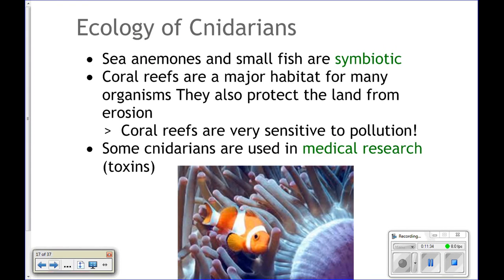Okay, ecology of cnidarians. So that's how they carry out all of their essential life functions. And you'll be doing a little bit more reading on that as well, this cycle. But ecology